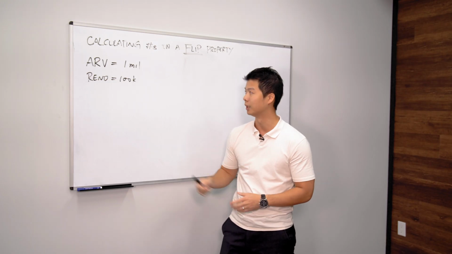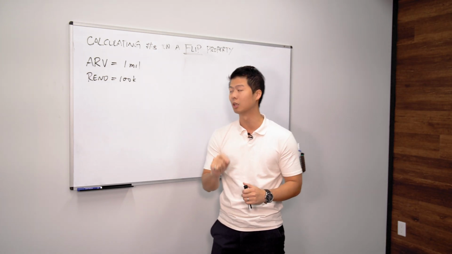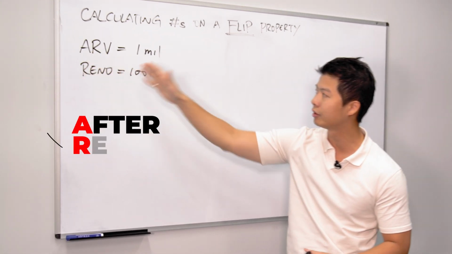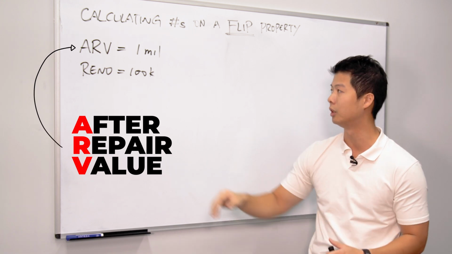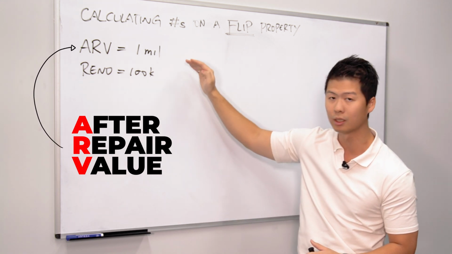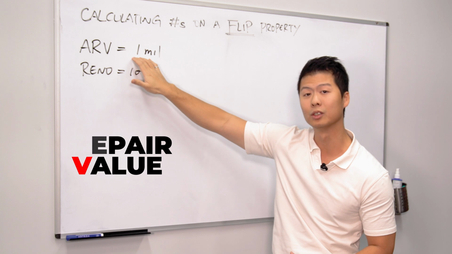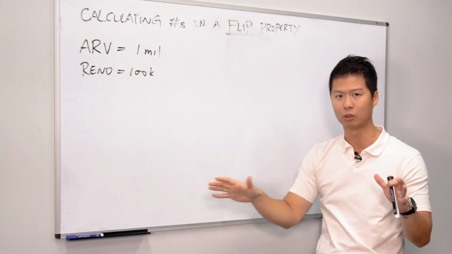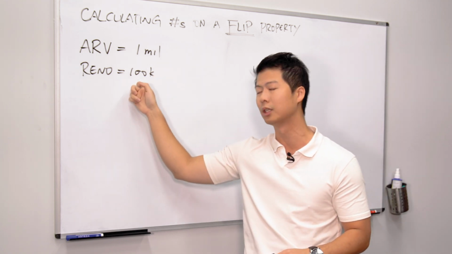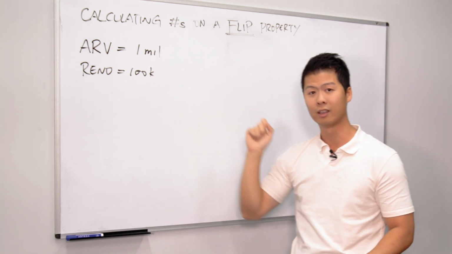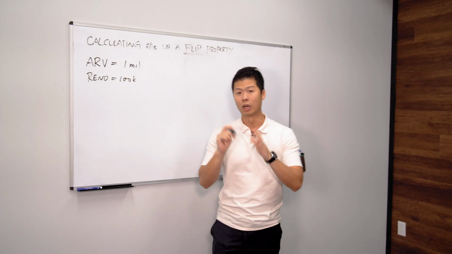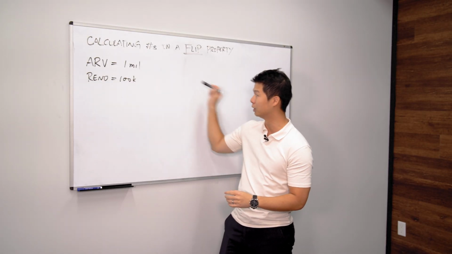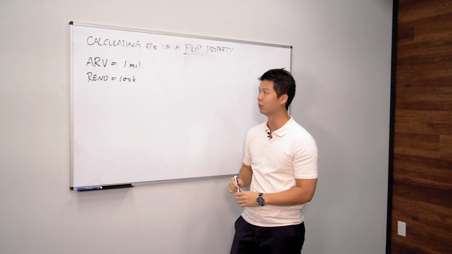Before we jump right into it, let's make a couple assumptions to make the numbers a little easier to calculate and for you to follow. Number one is ARV, the after repair value. Whenever we acquire a property, we want to aim for $1 million, in this case, that we want to sell and then profit from the project. The renovation fee, obviously this really depends on the situation, but let's make an assumption that it only requires $100,000 to renovate the property. So now I'm going to give you a scenario and I'm going to create a formula